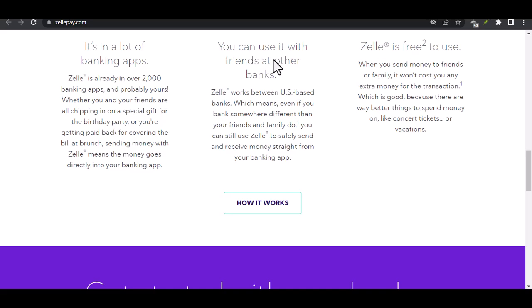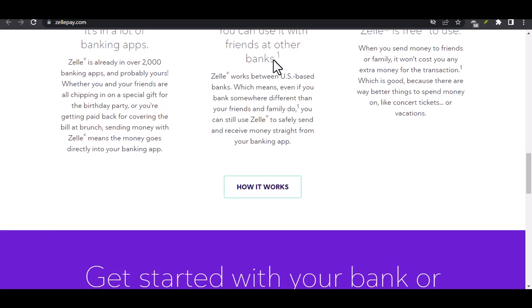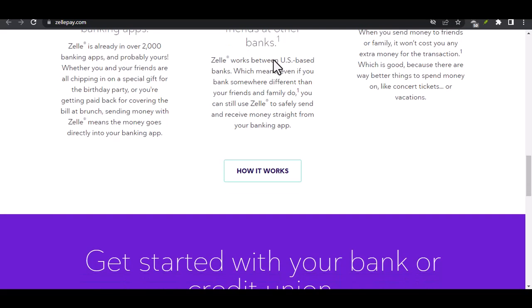That's it. You've successfully linked your bank account to Zelle. Now you can send and receive money with ease. Remember to always prioritize security and be aware of any fees